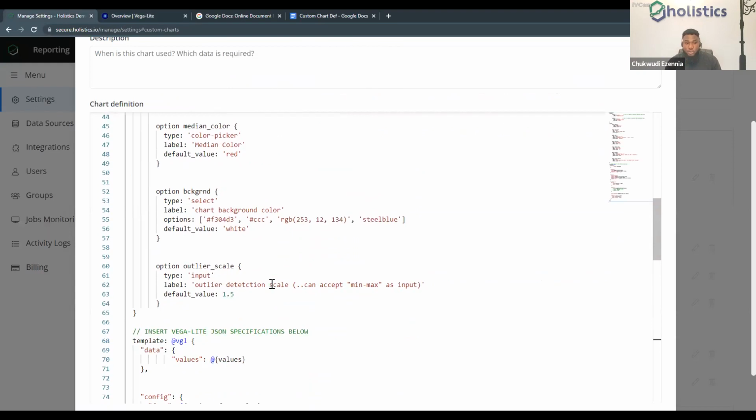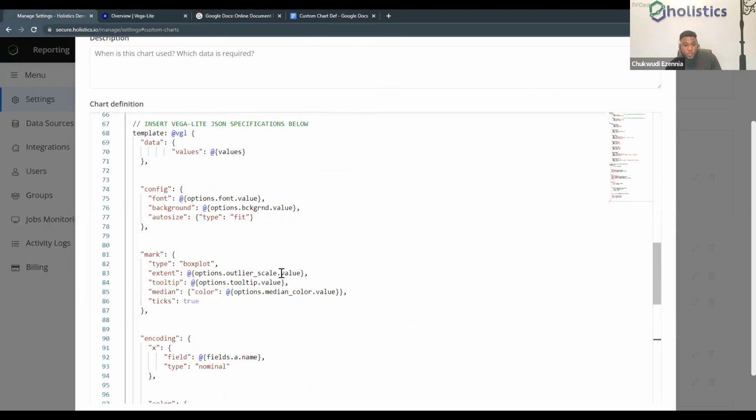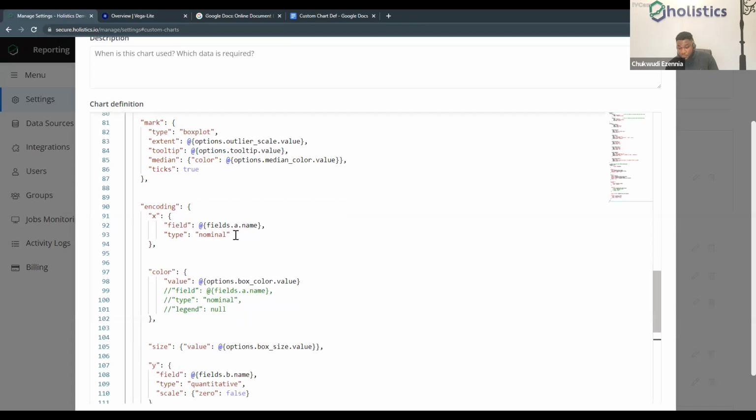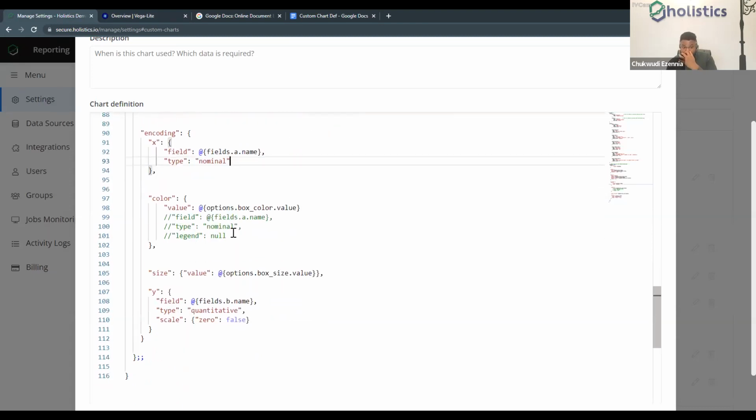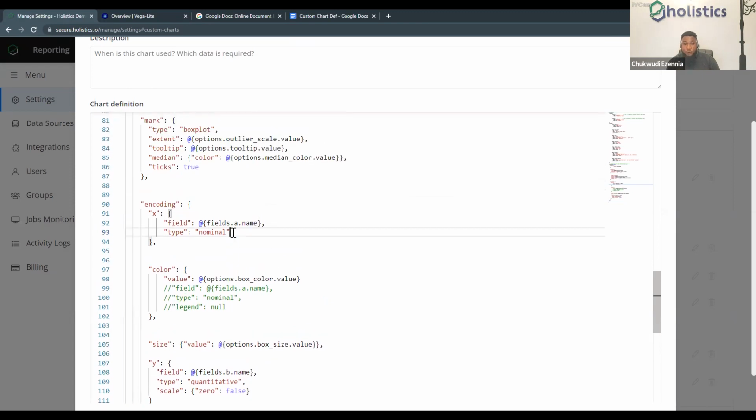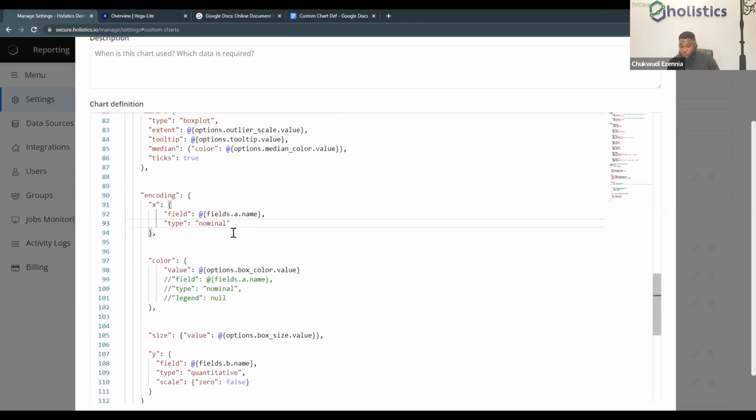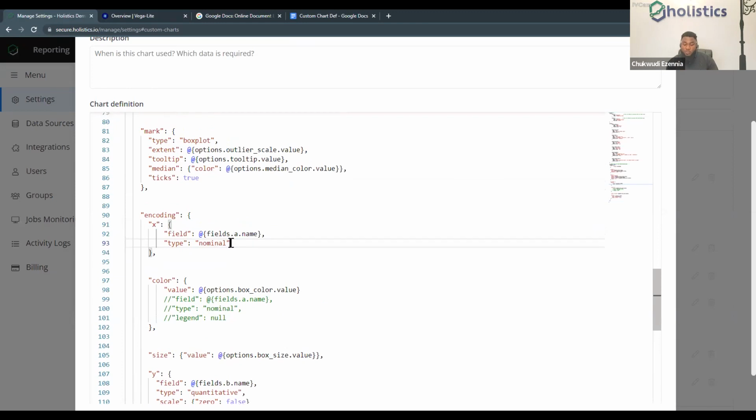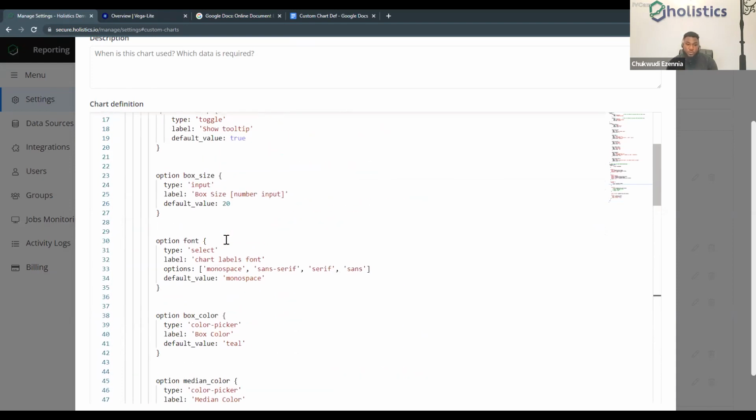Now, I mentioned that I was going to come back to this one, which is the type, whether it's nominal or ordinal. Now, for our box plots, there is a chance that what you have on the x-axis, the categorical stuff, could actually be an ordinal, right? So which means if we want to dynamically modify this particular type, all we need to do is go to options, one of the places in options,